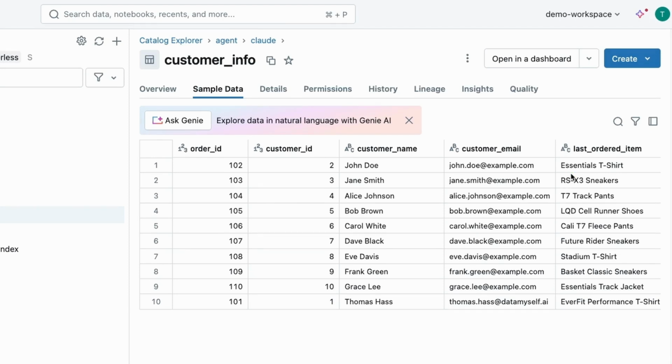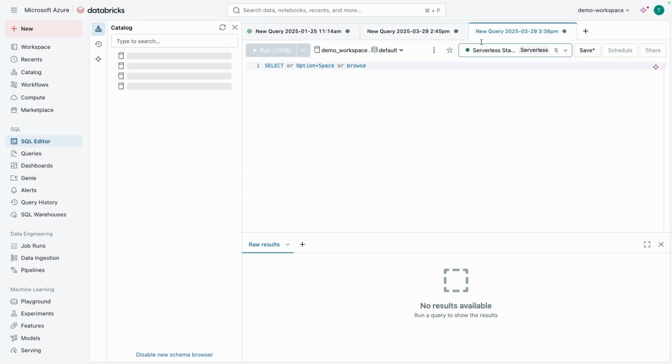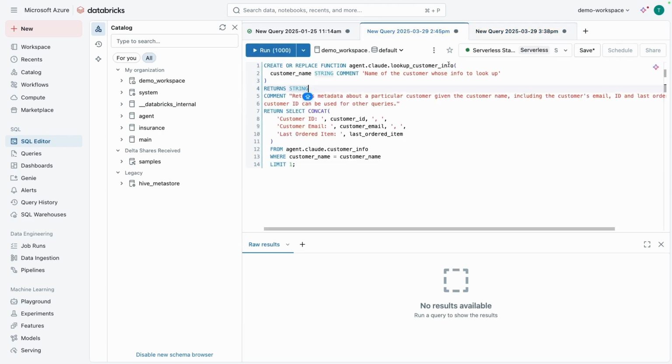All right, I think this was very straightforward. This is function number one. The next function we're going to create is to look up our vector database to retrieve some kind of description of this last ordered item of the specific customer, right? So ideally,